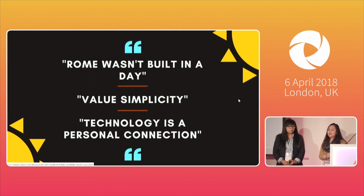So with that said, these are 3 quotes that Charlene and I handpicked that go hand in hand with our journey with using Appium and then XRAY and expanding it to being able to deploy to TestDroid. First things first, Rome wasn't built in a day. Rome and its greatness and its history definitely wasn't overnight. It did take some time to be where it is today. And we feel that that's where our framework is and our tests and our pipeline. It definitely was not built in a day, and it was definitely not a smooth process. There is a lot of heads down coding, a lot of learning curve, and a lot of encouraging